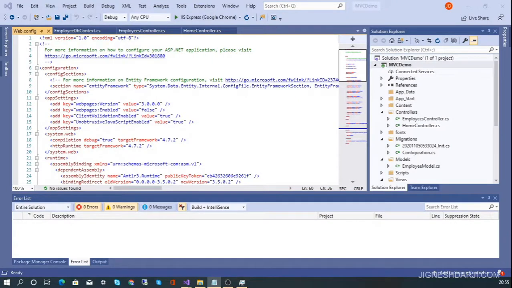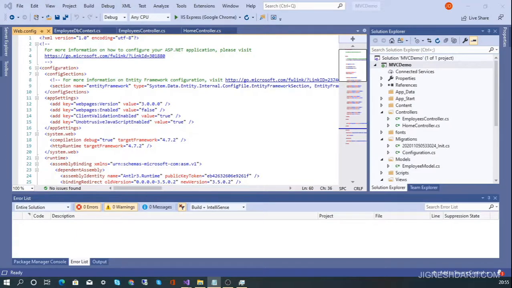Hi, in this tutorial I am going to teach you how you can migrate your ASP.NET MVC project to an ASP.NET Core MVC project. It is very important for the ASP.NET MVC developer because nowadays every company wants to move their MVC project to MVC Core, right? So this is a very important tutorial for beginners as well as professional developers.